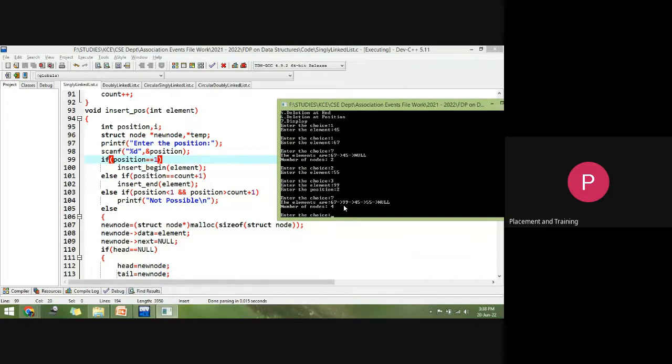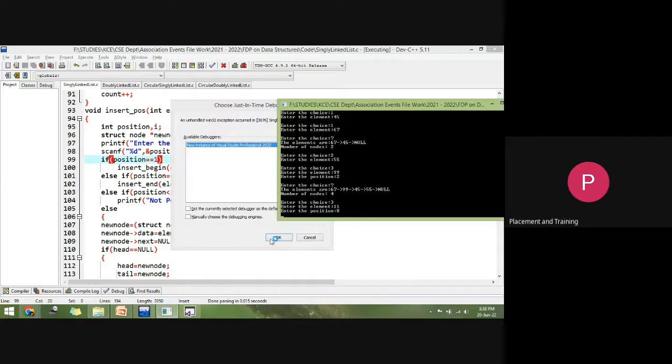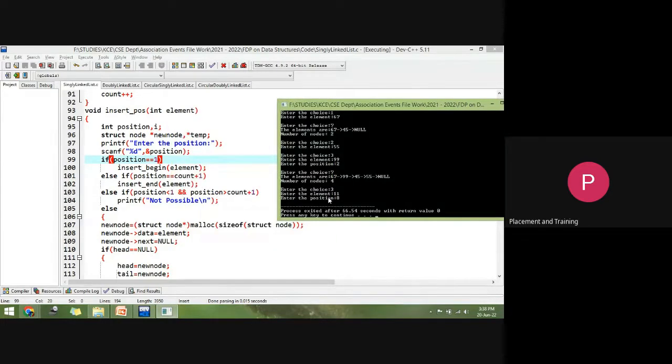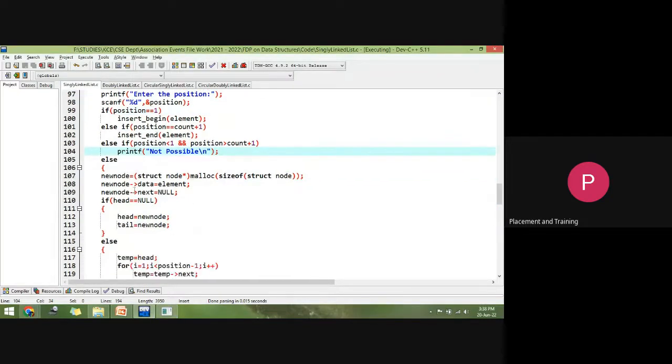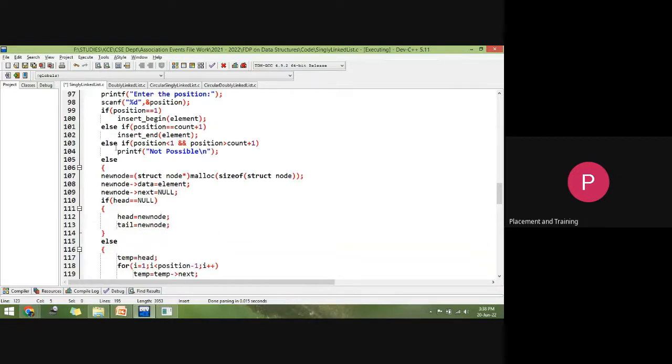Suppose if I give my position to be 8, so the stop in trying to stop. Okay. Which means this is not possible and encounters an error. We check that error. Okay, so this count should be incremented only at this point. So why? Because you can see here